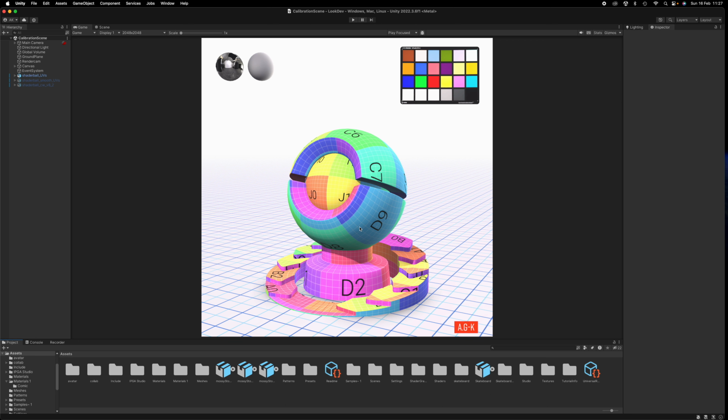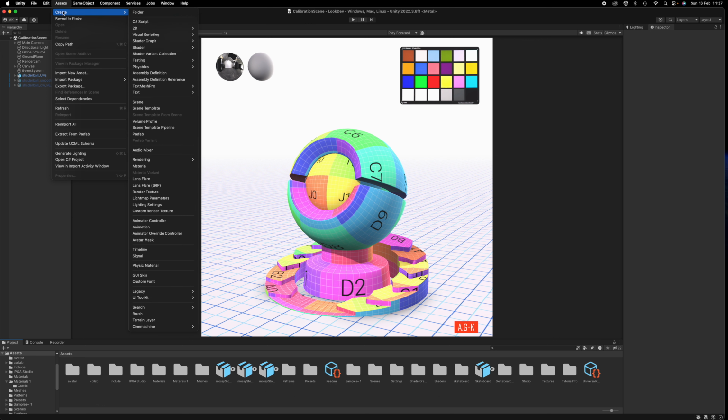In this video we're going to create a new shader within Unity, and we're going to use it to connect up some different textures and that sort of thing to create a new material on our shader sphere. So the first thing that I'm going to do is go into my Assets menu and select Create, Shadergraph,